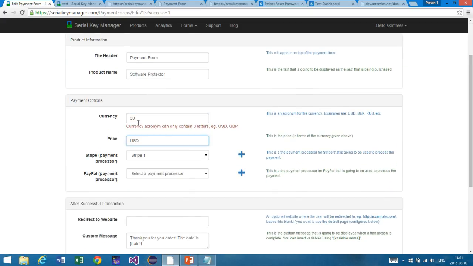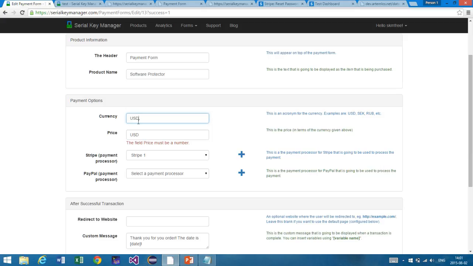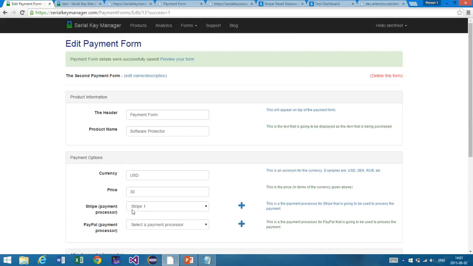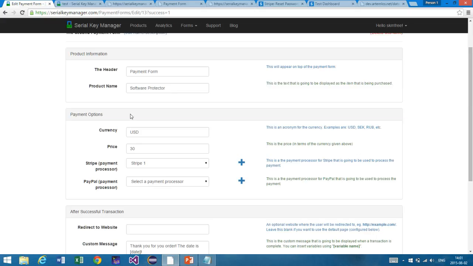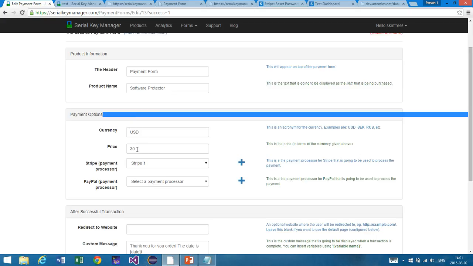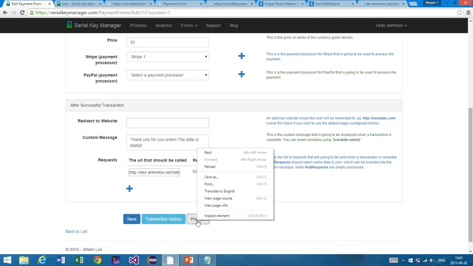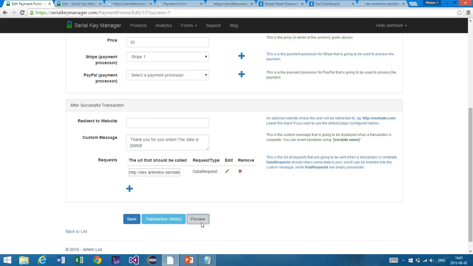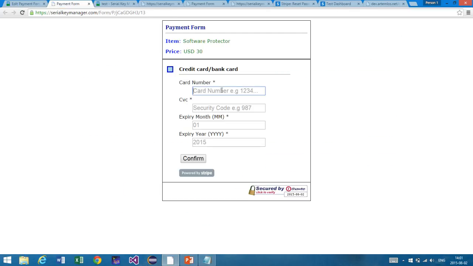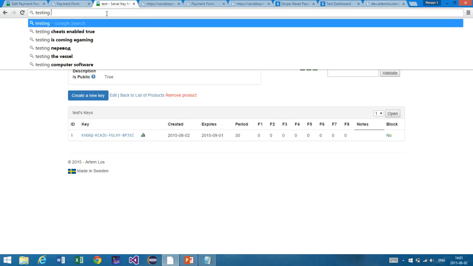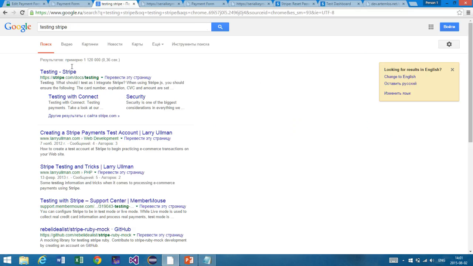Currency. Oh, we forgot to specify the currency. Now we have payment options. Currency is US dollars, $30, and we have a custom message, and this is empty. If we preview the form again, and we search for testing Stripe,